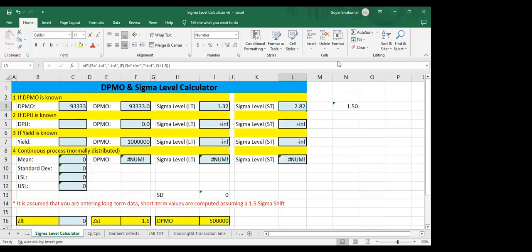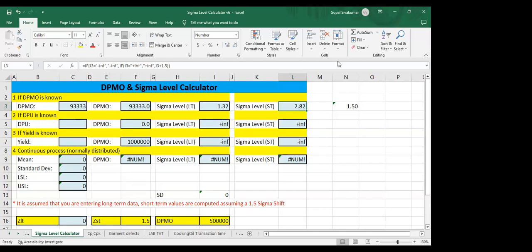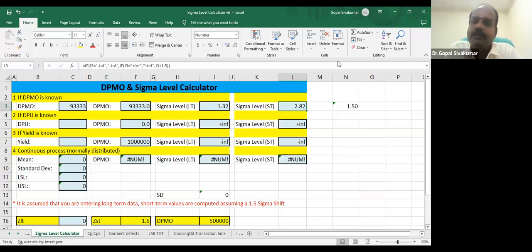See, I'm telling you, always these things are possible, right? Short term means any specific duration or sample size. Have you ever used the same terminology while talking with your family members, short term, long term?